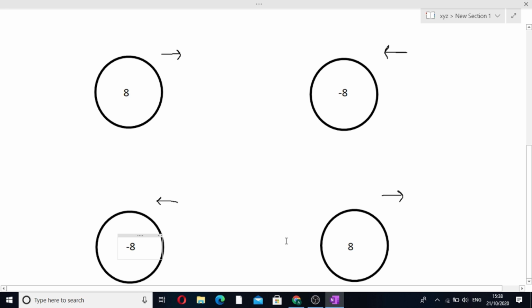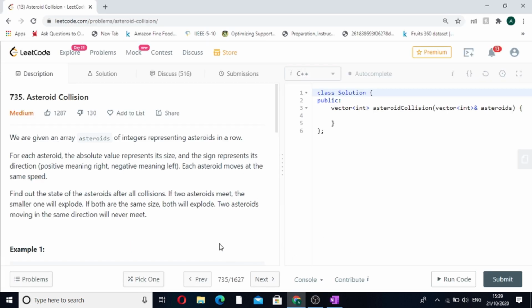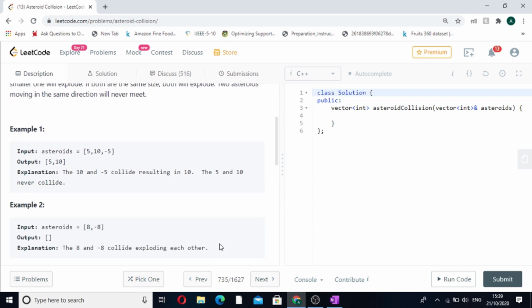So now let's look at the code of this question and understand the approach. I am again saying the order really matters: first is positive or first is negative. Now we have understood the examples and we have to find the appropriate approach so that we can solve this question. The data structure which we will be using in this approach is a stack.